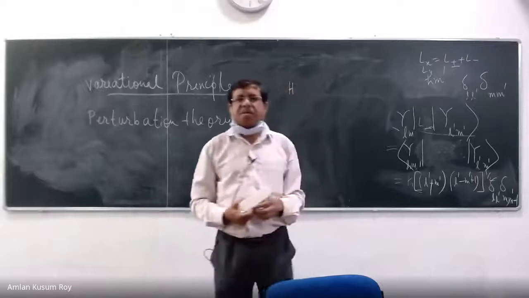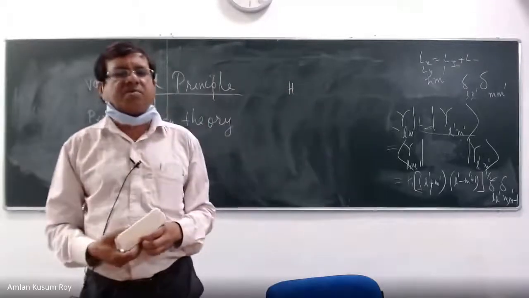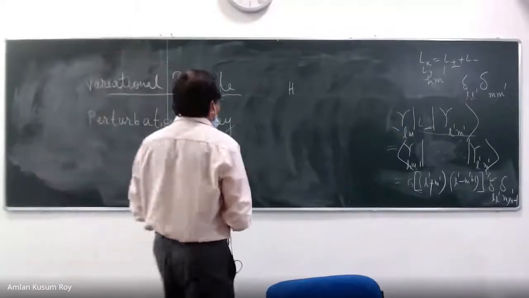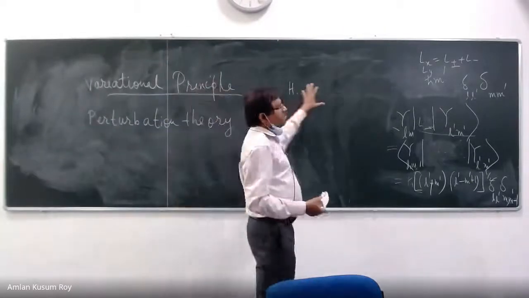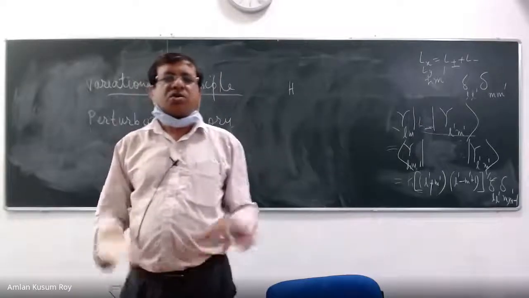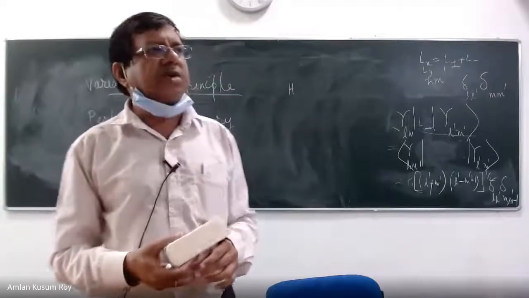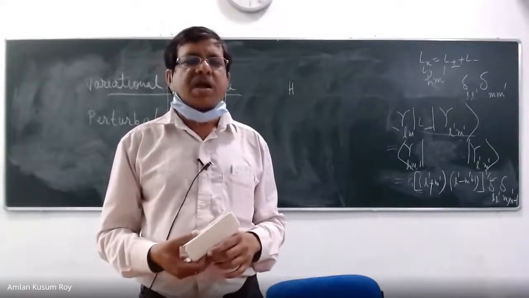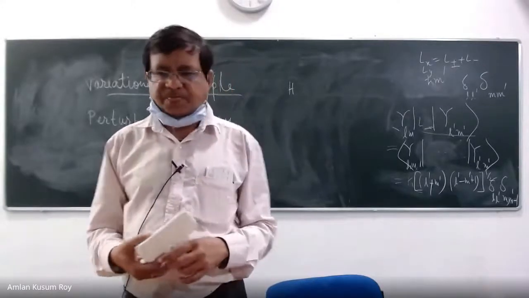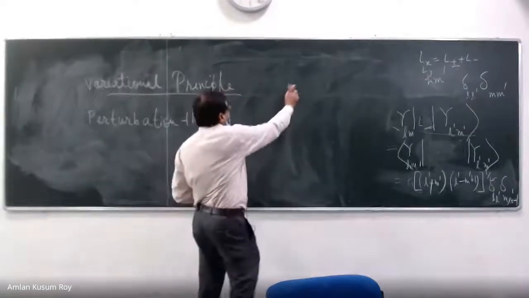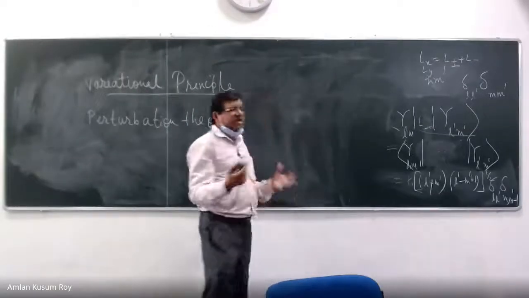So we have given up that. It doesn't mean that people are not working. Hundreds of people are working. Brilliant minds are engaged in that kind of stuff. But we have to be happy with the approximate solutions. That's the first thing. So the two most valuable and important methods are variational principle and perturbation theory. Okay. So what is the statement of the variational principle? What is the philosophy of the variational principle?